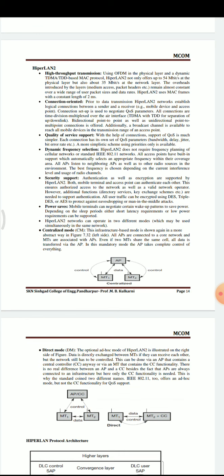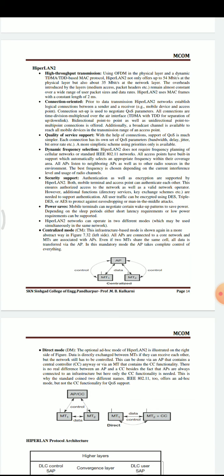So the first feature, as I said, is nothing but high throughput transmission. The high throughput transmission can be achieved by using OFDM, that is orthogonal frequency division multiplexing in the physical layer, and dynamic TDMA, that is time division multiple access in the medium access control protocol.